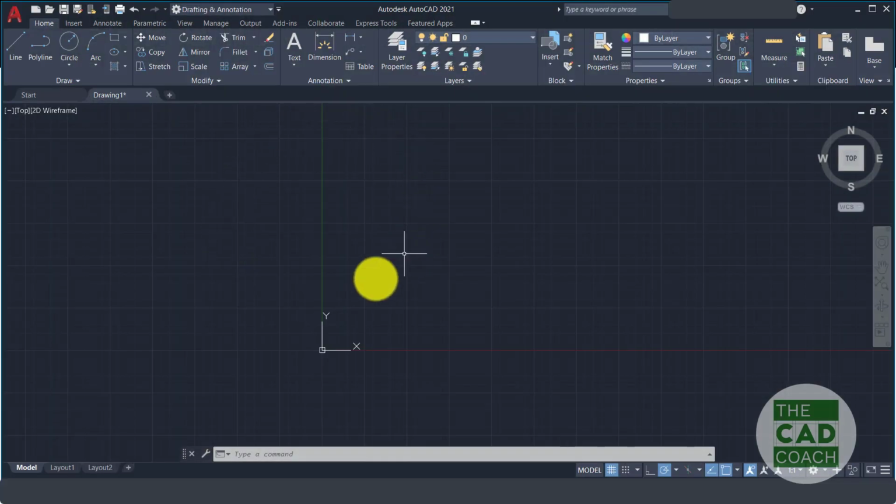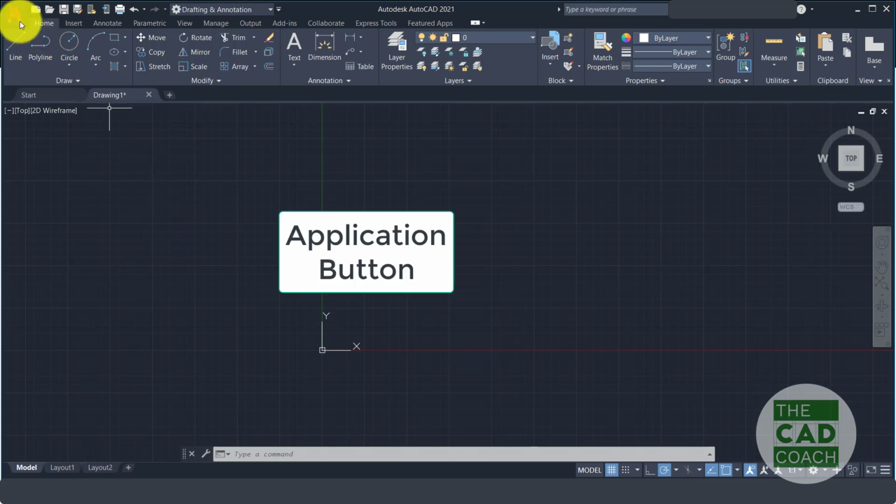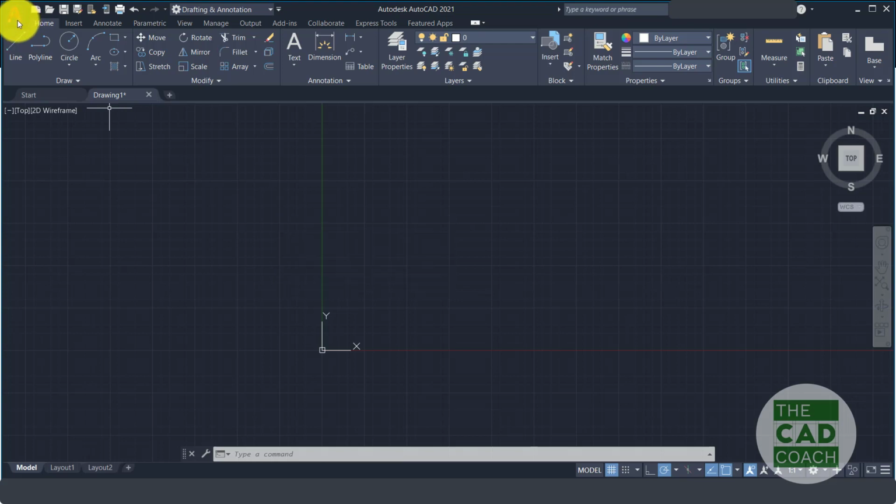See, now this is the AutoCAD software. There are two main things which we need to see, that I will say at the end of the video. So let us first go one by one, understanding the user interface first. The first thing which I'm going to cover in the user interface is the application button. This is called the A button. If you see, nothing has happened when I clicked it,